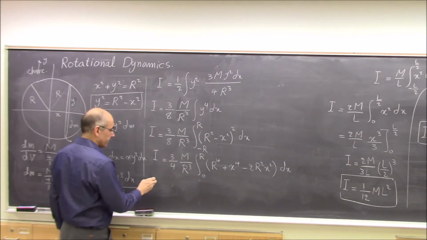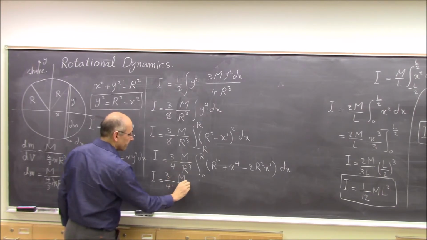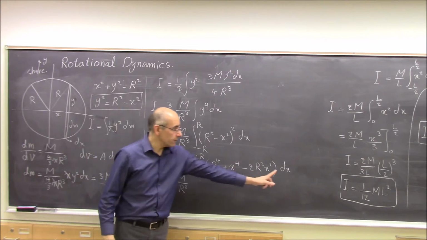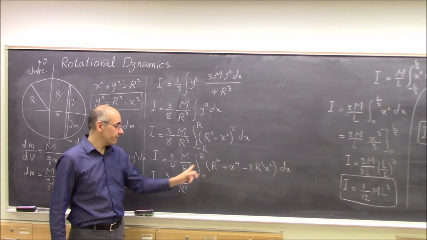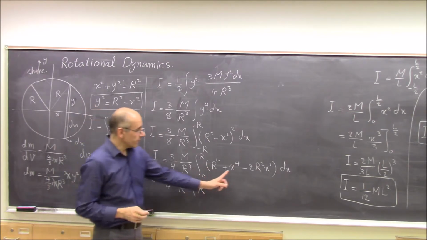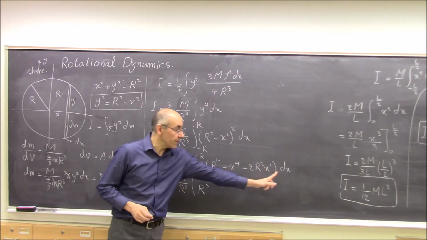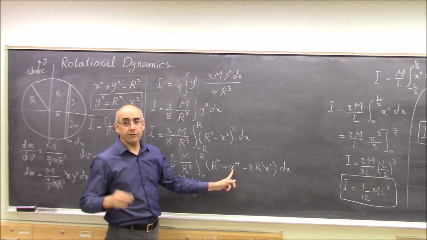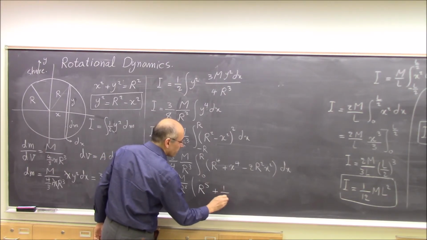All right, so we take 3/4. We take the integral of each term. What is the integral from 0 to r of r to the 4 dx? It becomes rx, then x becomes r, then r to the 5th. So we get r to the 5th for the first one. For the next one, we get x to the 5th over 5, right? The integral of x to the 4th dx becomes x to the 5th over 5. And then putting in 0 and r, it becomes r to the 5th over 5, plus 1/5 of r to the 5th